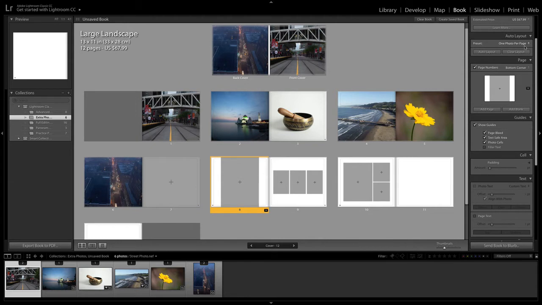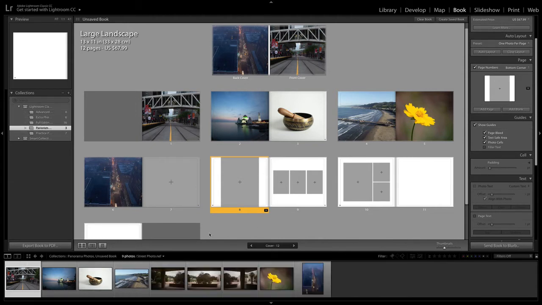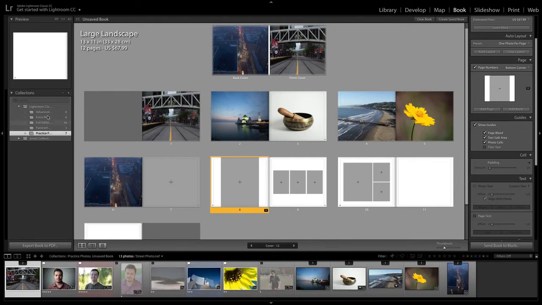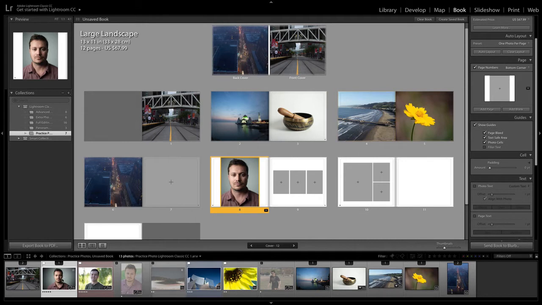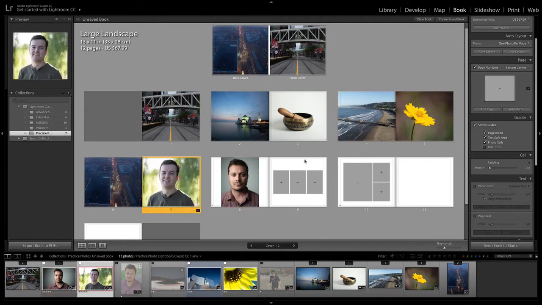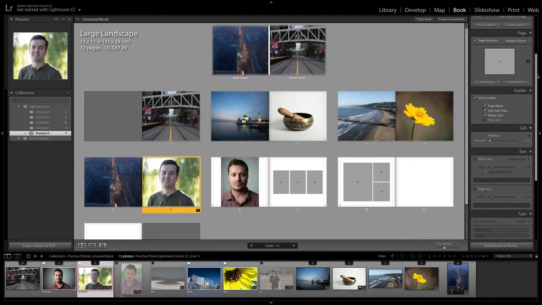And then if you want to add photos, you can find the photos from your photo tray down here, or you can open up a new folder, for example. And we can click and literally just drag and drop the photos right there into the sort of window frame or the photo frame. The next options below page, you have guides.